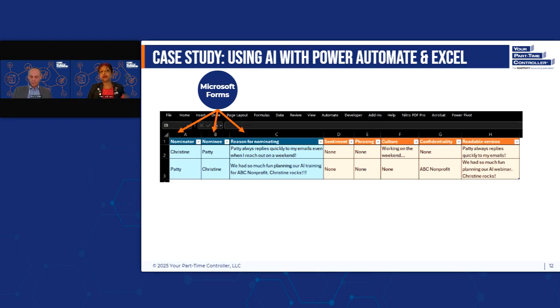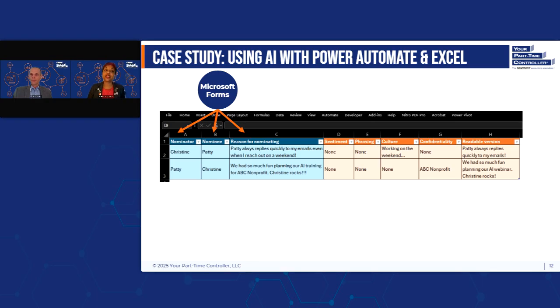Each one needs to be reviewed and potentially made ready for a presenter to share live. So we need to tidy up the nominations and then review them for things like unintentionally negative sentiment, good-hearted but professionally inappropriate language, and confidential information. When someone uses the form, their nomination gets added as a new row in an Excel file. As you can see in these sample nominations, that's here in the blue columns. In this example, I nominated Patty for an award, that's the first row, and she nominated me for one too,